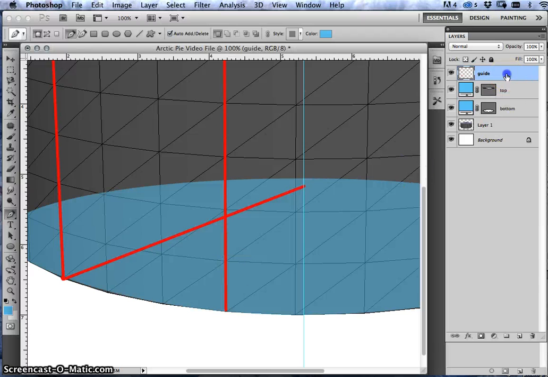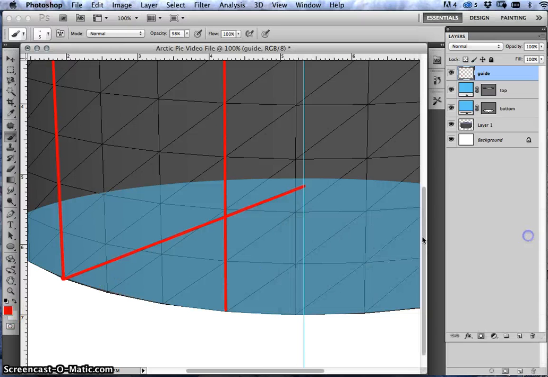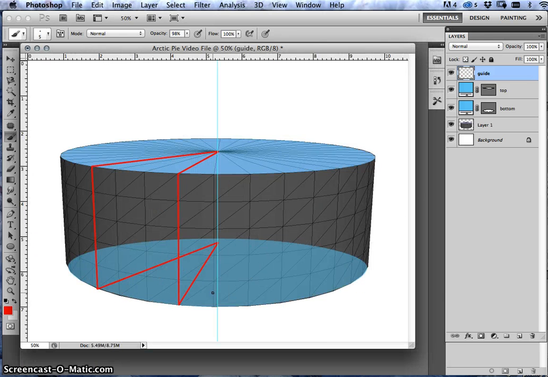So we need to finish drawing on the guide. So highlight the guide layer, B for your brush, and go back to that red color. Something like that. And we need to make a line from here to there. So click, down shift, click, and that gives us a visual. There we go. It doesn't look